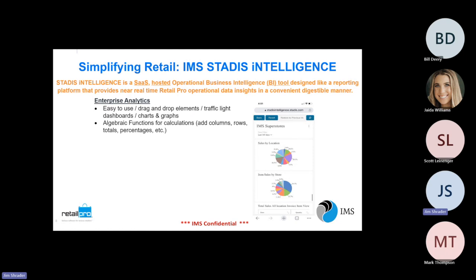We've been around Retail Pro for over 30 years, and we started with version 5. People would always say, there's an out-of-the-box sales summary by store. I want to be able to say, there's store 1, store 2, all the way down to the total at the bottom. I want to see what percentage of the total enterprise store 1's total is. That becomes very, very easy to do without having to go pay for somebody to redesign a report